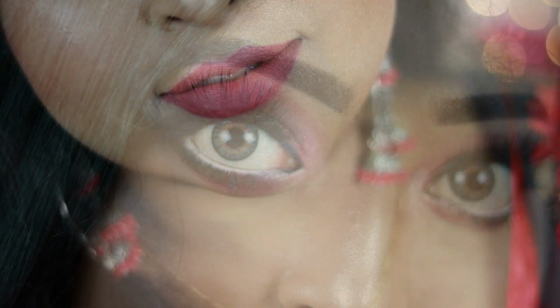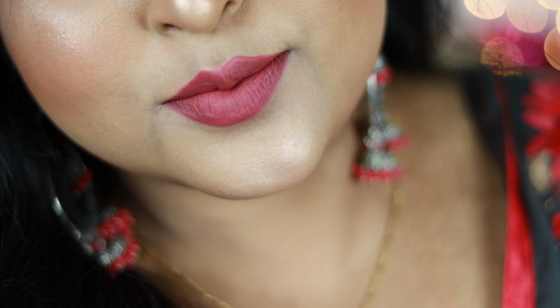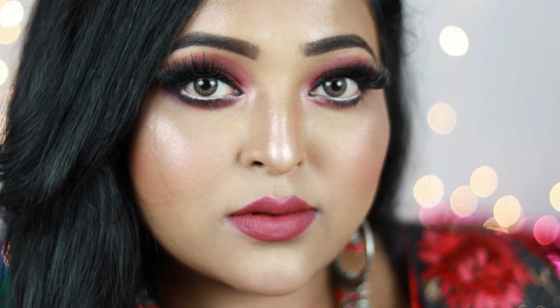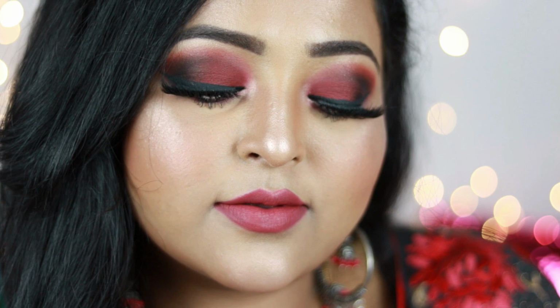It's the Saptami makeup look and I have created this super gorgeous dark red matte smoky eyes paired with this dusty rose lip shade, which you can actually wear with your traditional as well as western outfits, and it pairs up so well with the outfit which I am wearing today, and it's a very easy makeup look guys